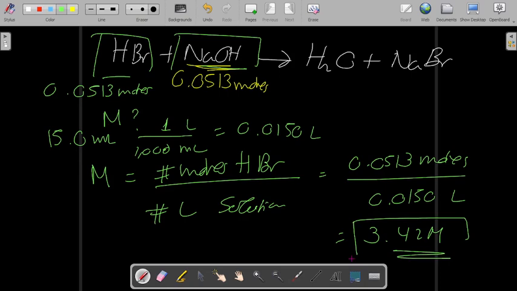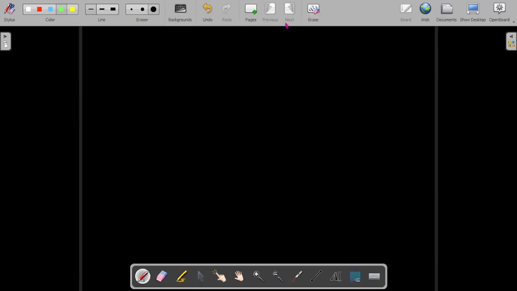Okay? So let's do 11. Let's do 11. So your experiment is going to be this kind of math. You're going to be doing this at the same time as you're doing the experiment. You're going to try to find out a concentration that is unknown. So 11 says,